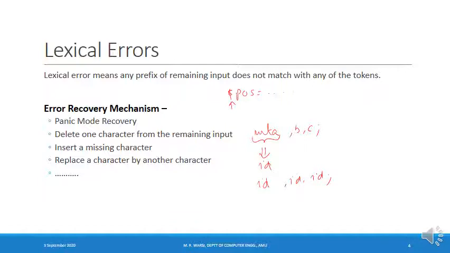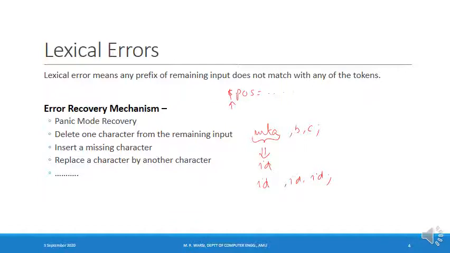In a similar way, when the lexical analyzer encounters an error, it tries to recover from the error so that it is able to continue the scanning. Now the question is, what is the possible error recovery mechanism at the lexical level? Let's discuss some error recovery mechanisms.